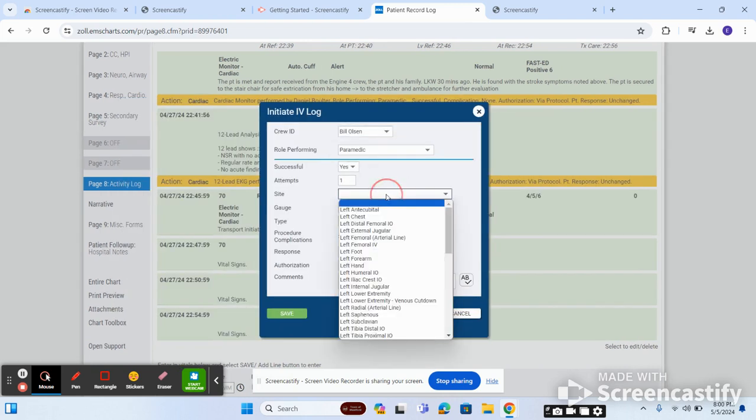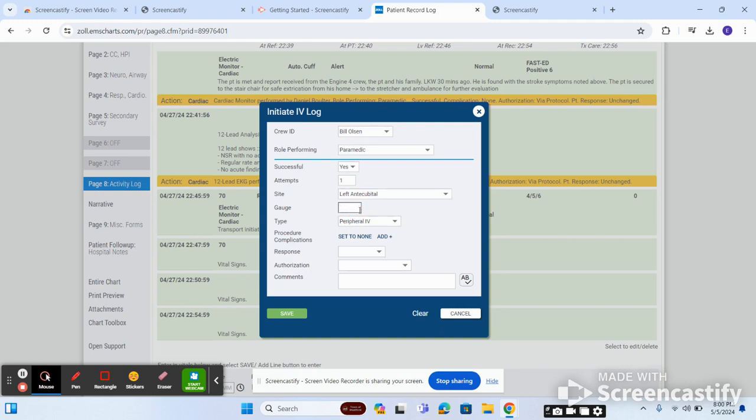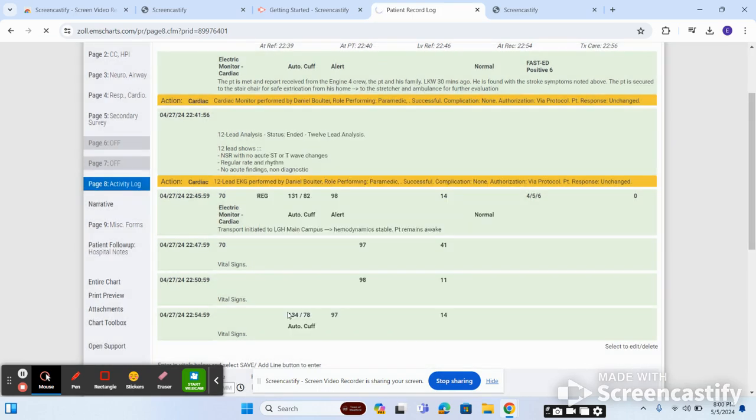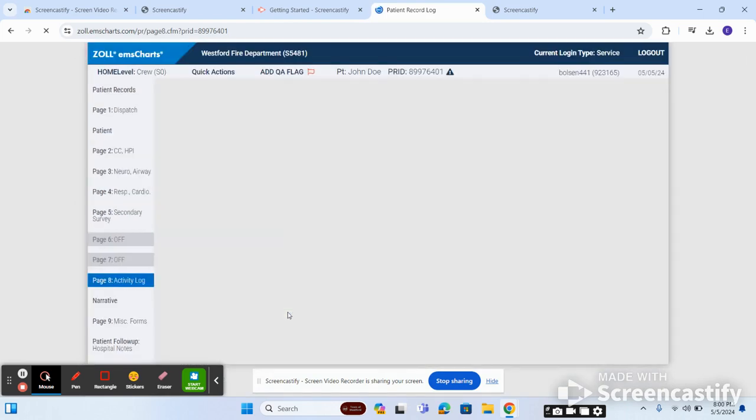And now I'm teching. I put it in his left AC. I did an 18. It didn't change him. And we can do that via protocol. I do not need to talk about here